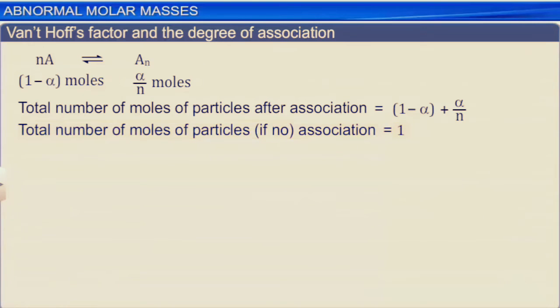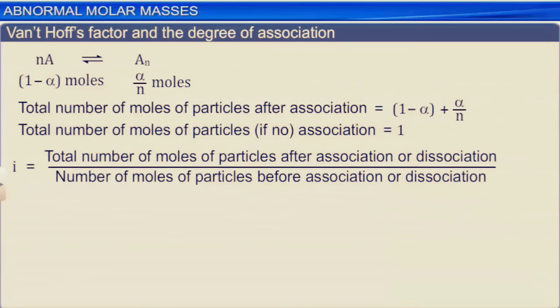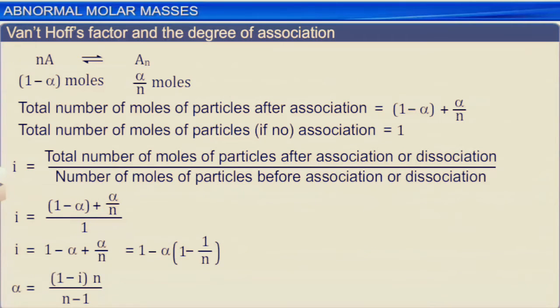If there is no association, then the number of particles is equal to 1. Substituting the values of the number of particles in the relation, i is equal to total number of moles of particles after association or dissociation divided by the number of moles of particles before association or dissociation. We get i is equal to 1 minus alpha plus alpha divided by n, divided by 1. On simplifying for alpha, we get alpha is equal to (1 minus i) multiplied by n divided by (n minus 1). Thus, if the value of n and Van 't Hoff factor i is known, then the degree of association